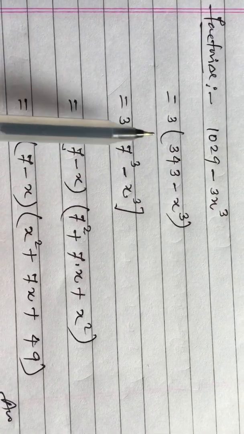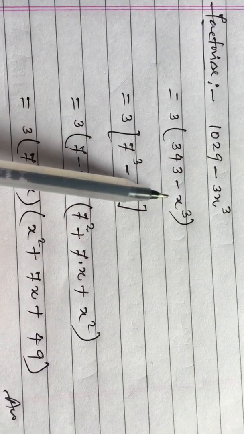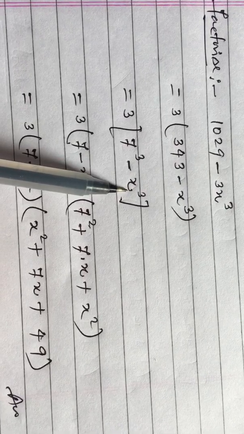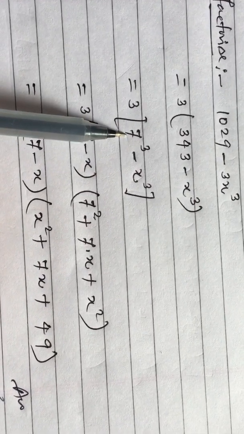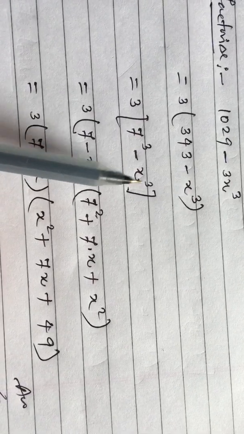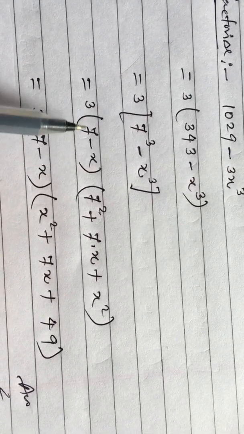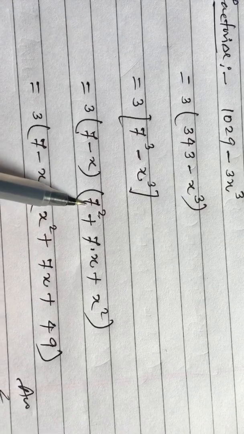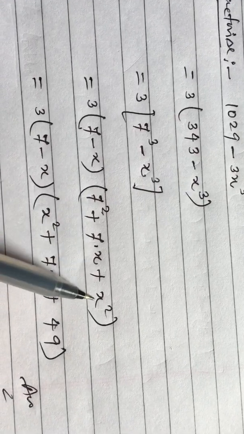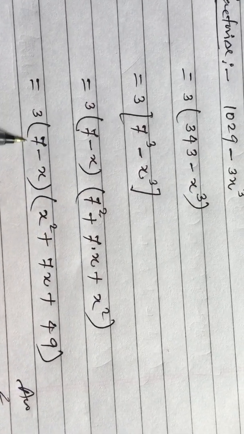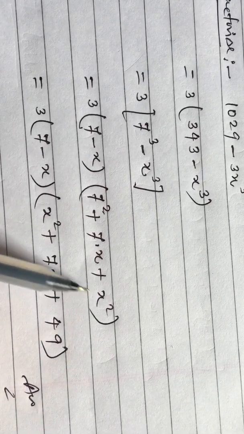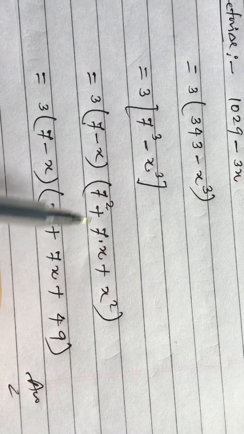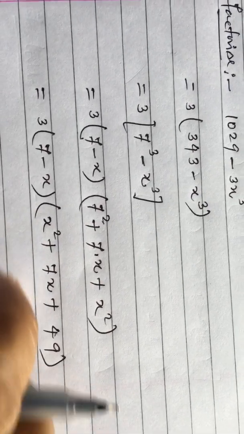This 3 is the same and it is a perfect cube of 7 and it is the perfect cube of x. Now you can suppose this 3 we have to write till the answer, and now you can suppose a is 7 and b is x. Now applying the formula a cube minus b cube, a minus b, a square plus a into b plus b square. A minus b is written the same, 7 minus x. Now arranging the terms, x square first written, 7 into x, 7x, and the square of 7 that is 49.